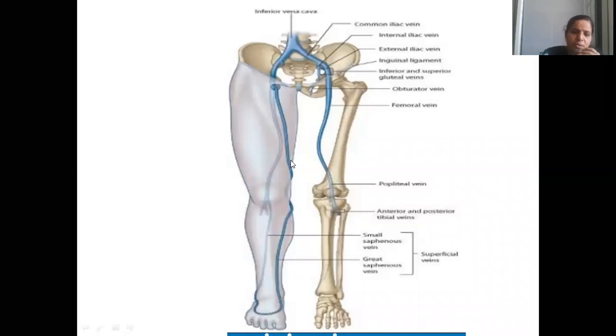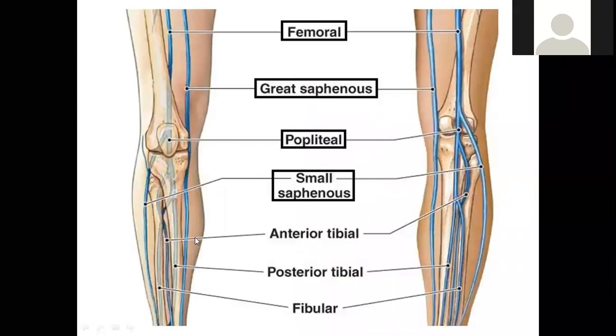Now you can make it very clear. Hansraj, great saphenous vein, femoral vein. Femoral vein into which vein? External iliac vein. From external iliac, it will move to common iliac. From common iliac, it will move into the inferior vena cava. This journey you skipped, Hema. You directly jumped from here till here, no? Yes. Okay, no problem. If you try telling answers, you will remember more, even though you make mistakes.